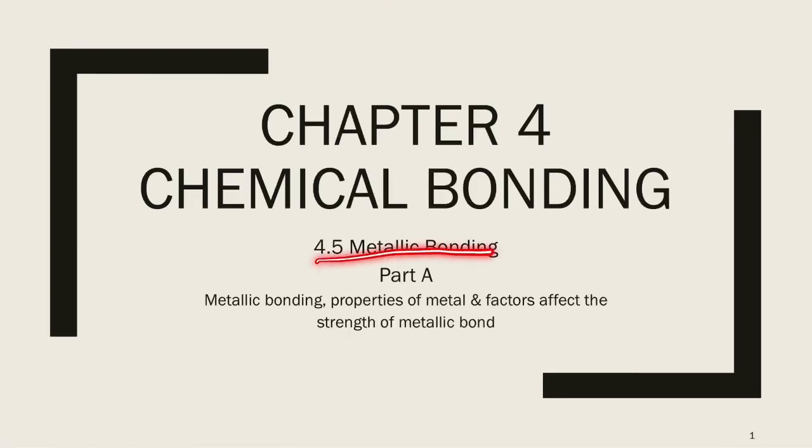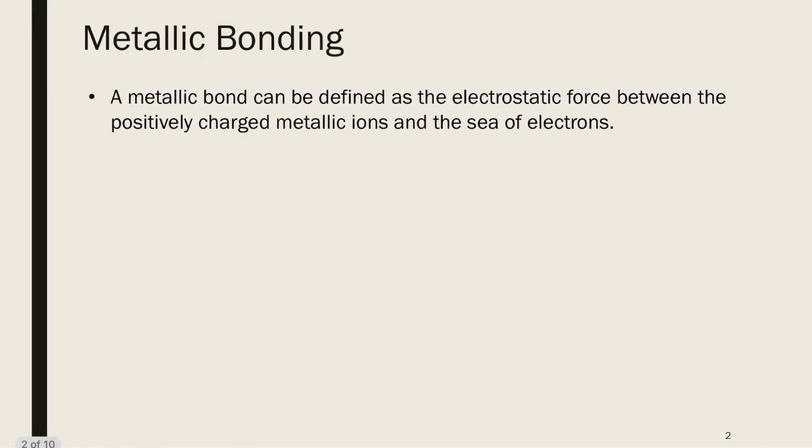So this is the final subtopic for chapter 4, 4.5 metallic bonding part A. So in this video we'll be talking about metallic bonding, properties of metal and the factors affecting the strength of metallic bond. So metallic bond can be defined as the electrostatic force between the positively charged metallic ions and the